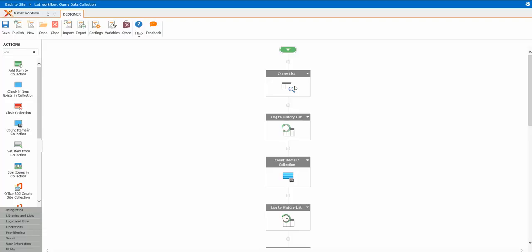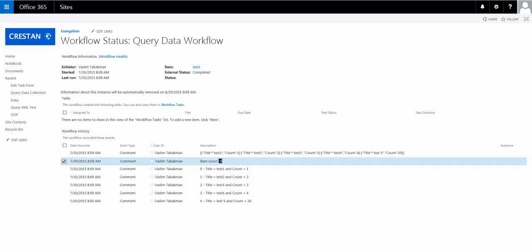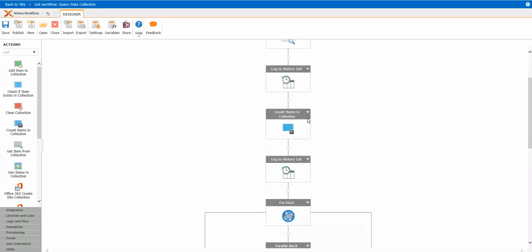We've done our query list action. We actually do a count, and that's just for me to be able to see how many items are in there to make sure I get the right number. In this case, we got 5, which is great. And then let's actually come down here,